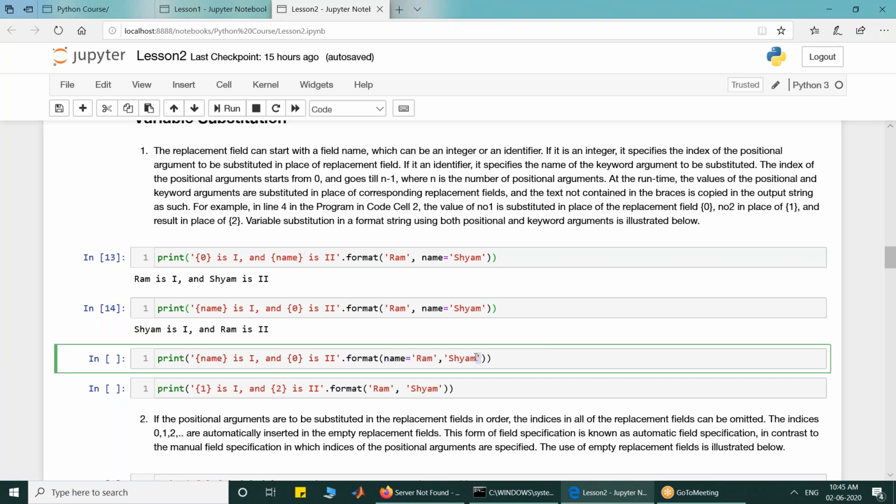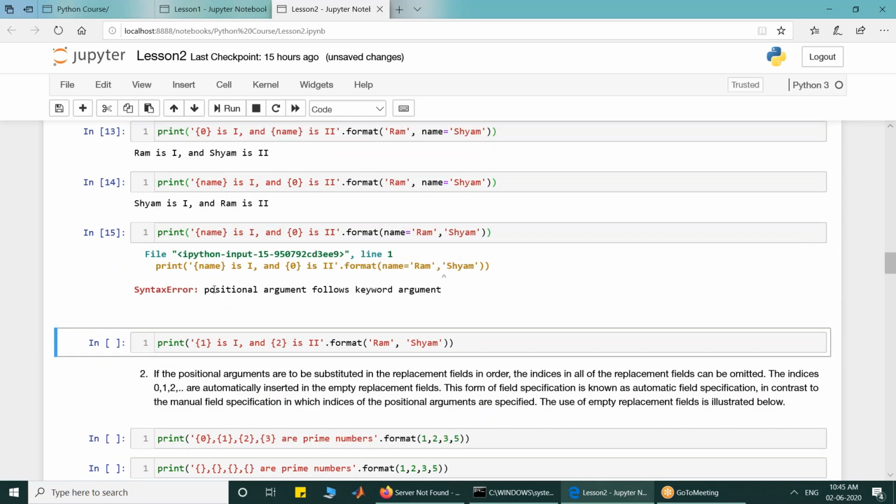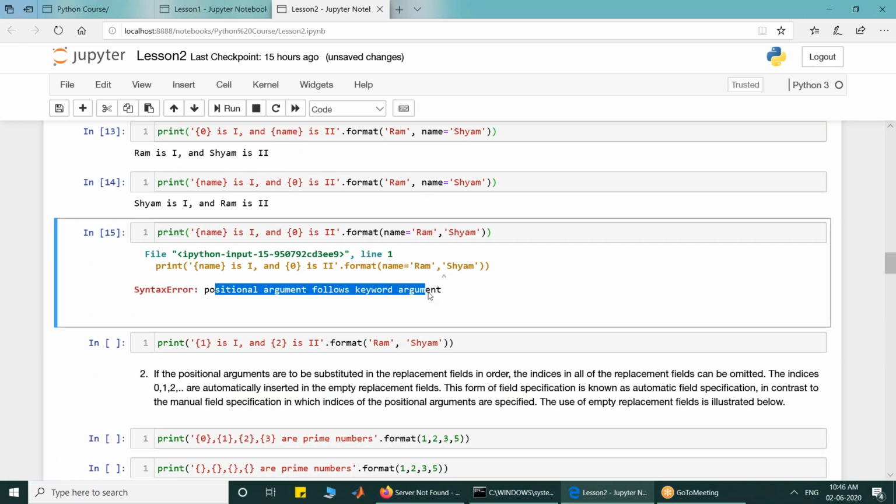In this format method, Sham is a positional argument because there is no name associated with it, while Ram is a keyword argument because there is an identifier, name, associated with it. So a keyword argument cannot come before a positional argument. If I do that, it says positional argument follows keyword argument, and that is erroneous.